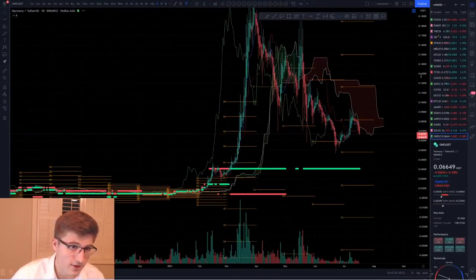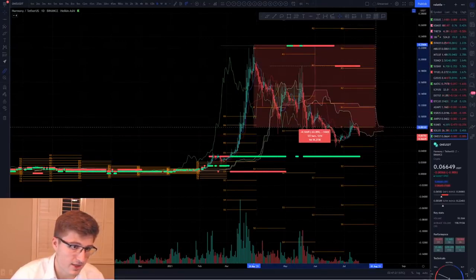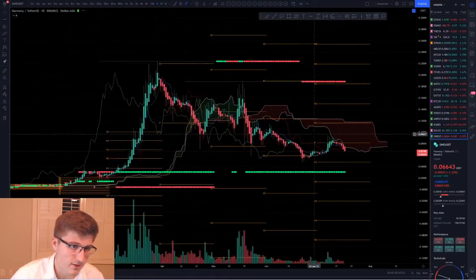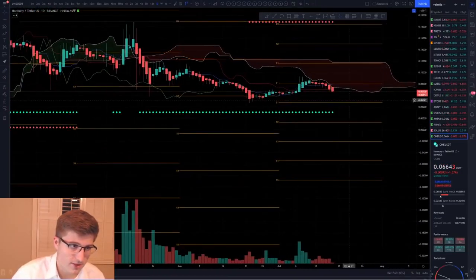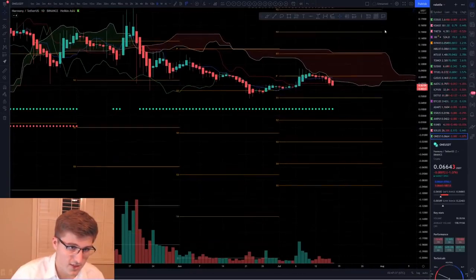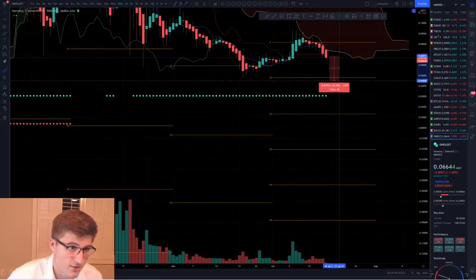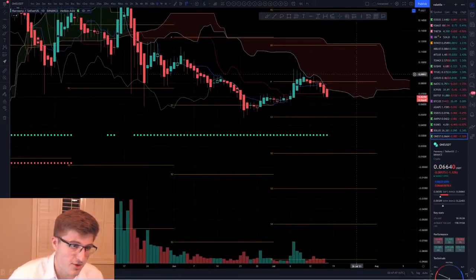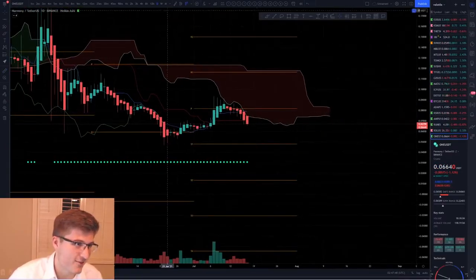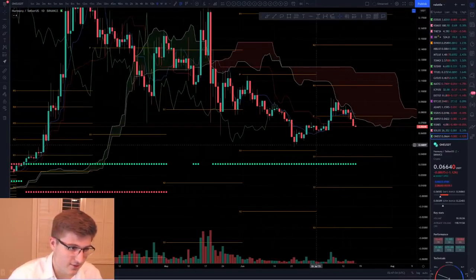Here's the point of control for Harmony. We just hit the point of control. What happens when we break down off those levels? Right? Retested off of it. That's where Ichimoku was. Probably come down to this S1 level. We are in a downtrend, so I would expect to see, at least on the daily it's showing, at least a 30% push down with Harmony. Damn. Large Ichimoku here. Hard to break out, guys. Hard to break out for Harmony. Yeah. At least to this level down here, or maybe to this 30.43.